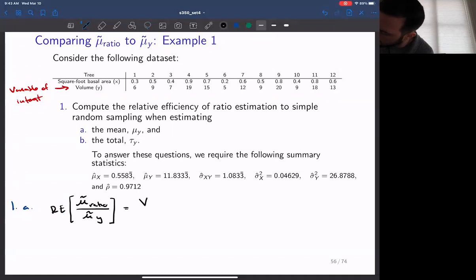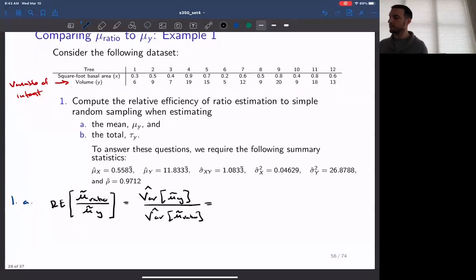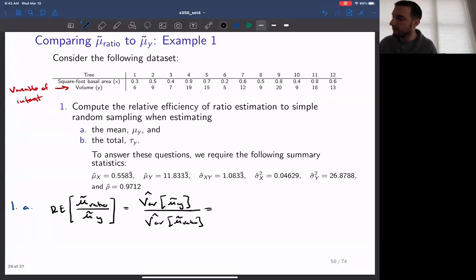So this is going to be the variance of mu tilde y divided by the variance of mu tilde ratio. Okay, so we have the following sets of summary statistics here. So we can see essentially that what this is pointing us towards is using one of the simplified expressions for this particular comparison. So here we're going to have